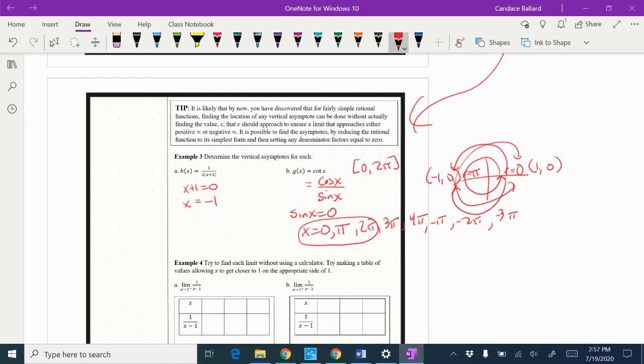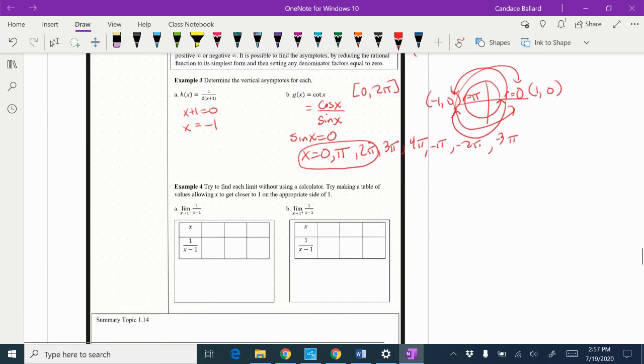All right, and our final question here, we're supposed to be trying to figure this out without using our calculator. So let me see if I can work you through the fractions a little bit. Try to find the limit of each without using a calculator, and try making a table of values to allow you to get closer to 1 and approximate the side of 1. So if I was going to think about something that's close to 1 on the left side, just less than it, I'd think